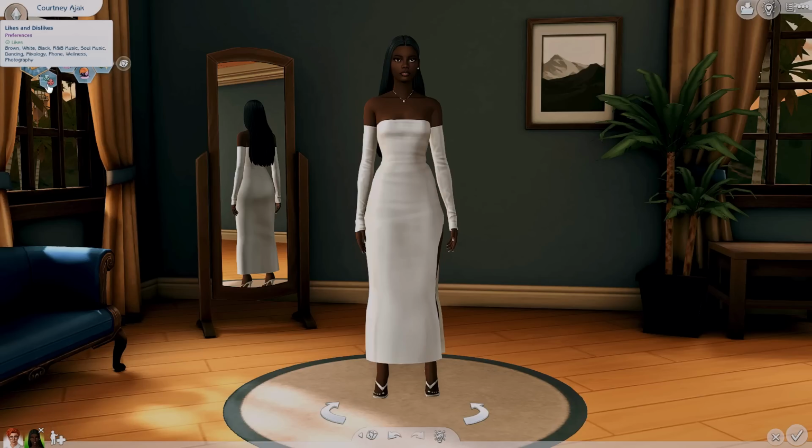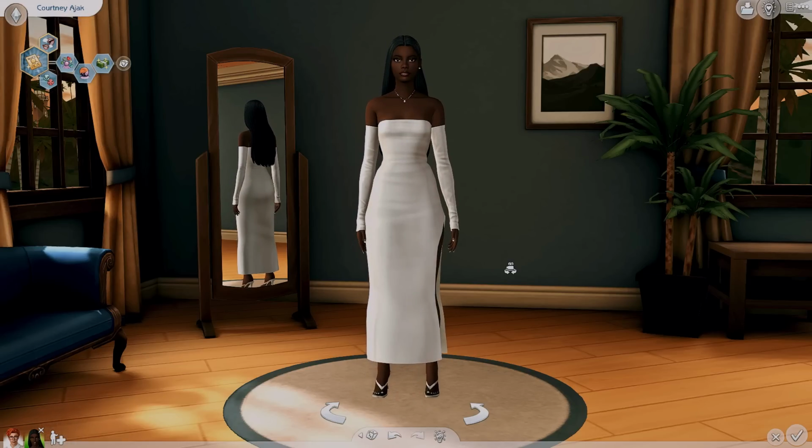add a few likes and dislikes for Courtney. She likes the color brown, white, and black. Her favorite music genres are R&B and soul music. And then as for her favorite activities, these include dancing, mixology, using her phone, because I do like to think that she loves posting on social media of all the places that she travels to, wellness, and then photography. But this is the first Sim, and now we're going to move on to the next Sim, which will be